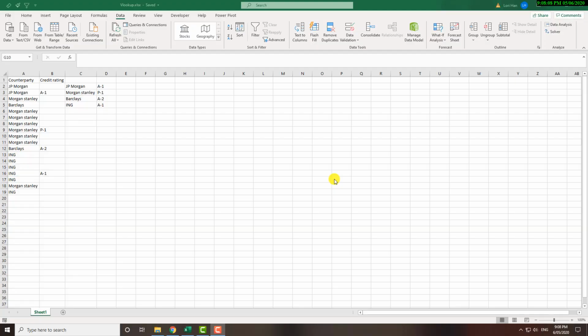So today I've learned some very nice tricks with index and match formulas. So I'm just going to show you. So I've got this little table here. So as you can see, what I want to get is the first non-blank cell for the credit rating for